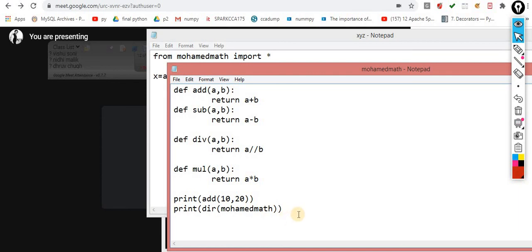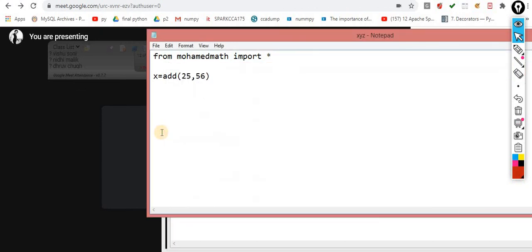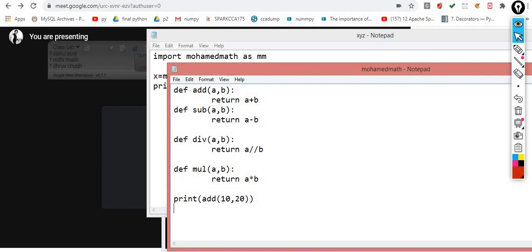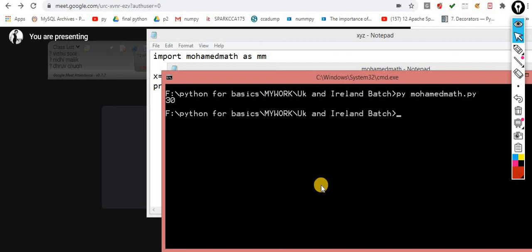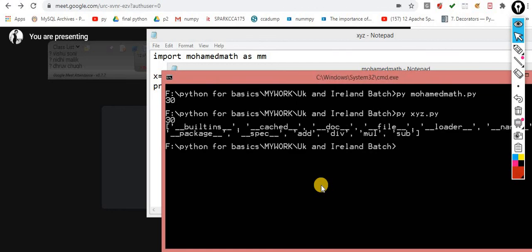Let me import Mohammed math and use dir on it. Okay, I confirmed: this is the way.